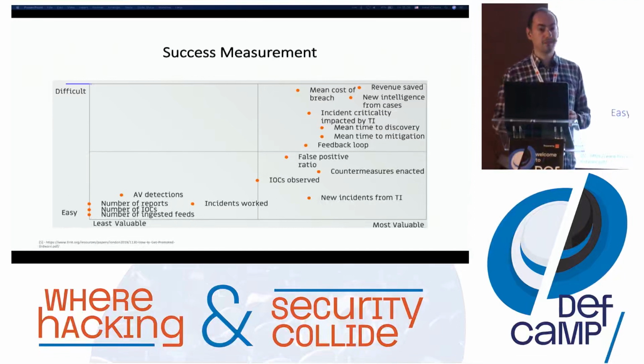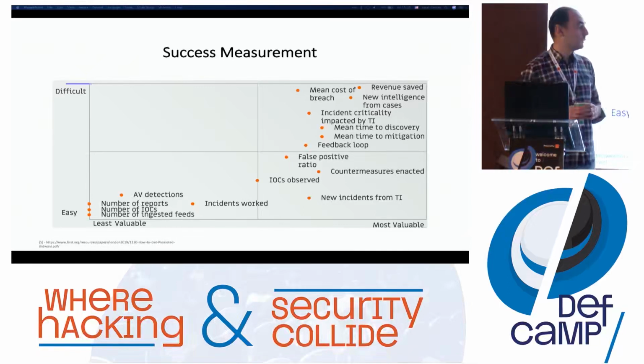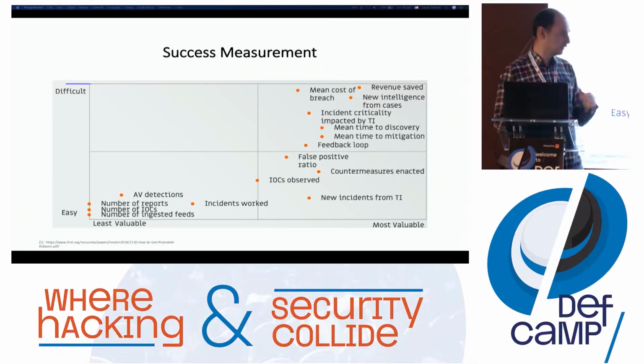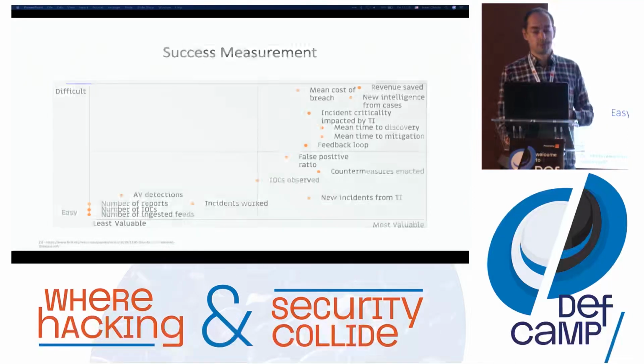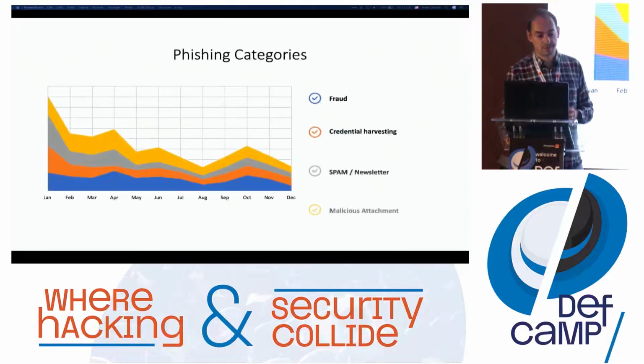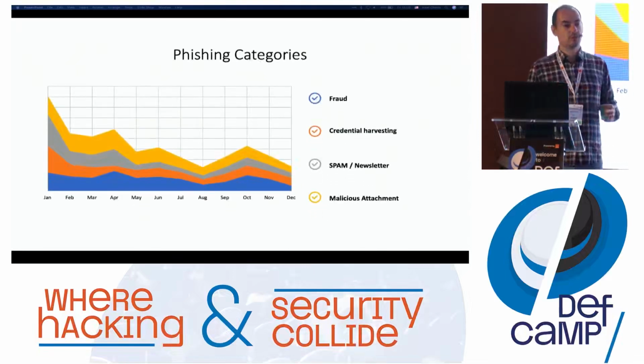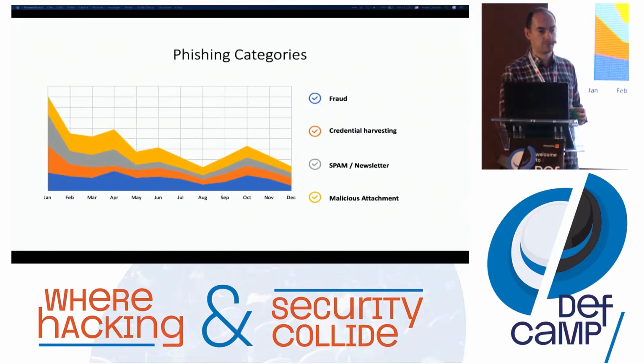You have plenty of metrics out there, but if you're going to count how many reports you are issuing, that's probably not going to help that much. If you're going to count how many IOCs you've seen from a threat intel vendor, and how many of those IOCs generated some incidents, you might have some return on investment. Good. I'm proposing some metrics here. You've started to register those data in Excel, a collaborative platform, whatnot.